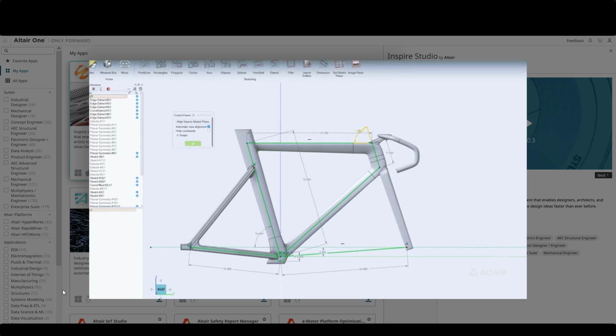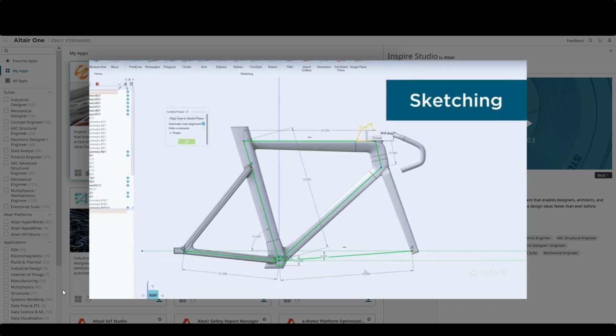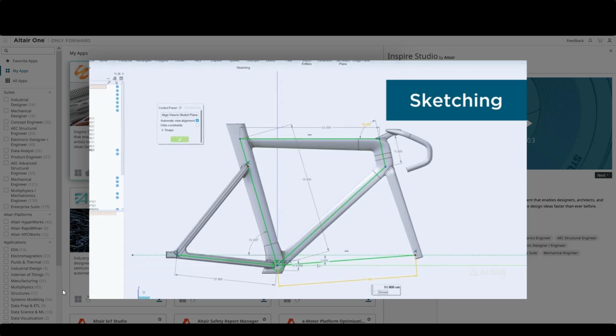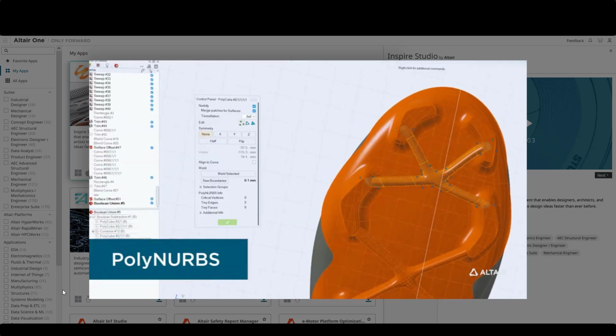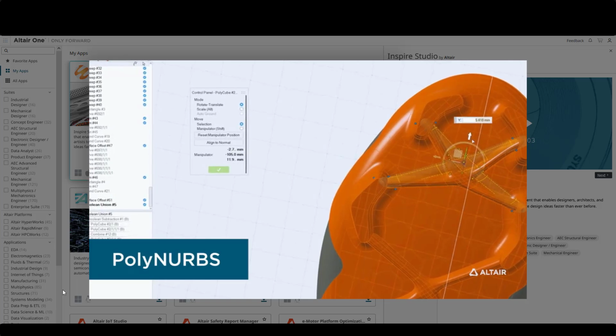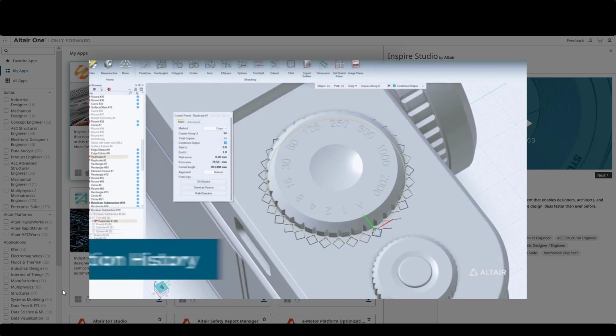You can see we have a sketch with distance, and if you change the distance, the model will automatically be changed. You can see it's very nice, and you have powerful PolyNURBS tools. You can see you can change the points and all the models will be changed. And here is our